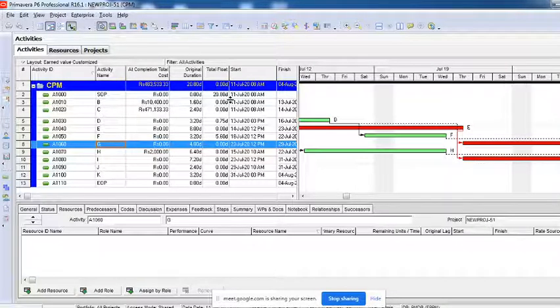So yeah, this is all about creating the codes, creating the filters, assigning the filters, and using your activities, resources, priorities, however you want, and sorting it. It is really helpful when we are planning or monitoring anything specifically. It helps us. All right, so far so good, everything is good, I believe.